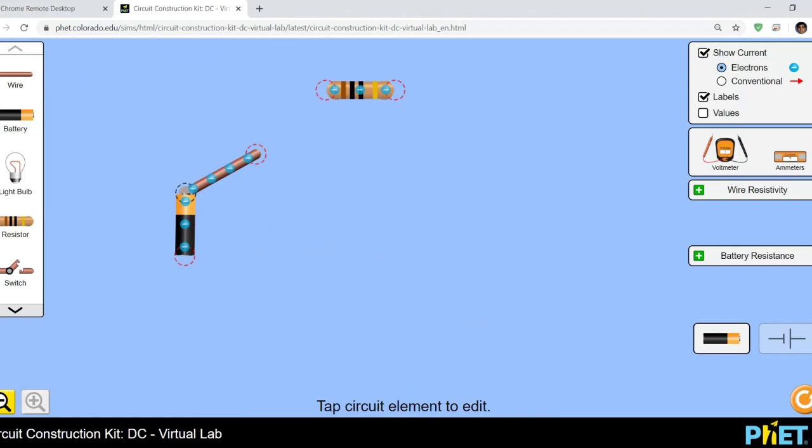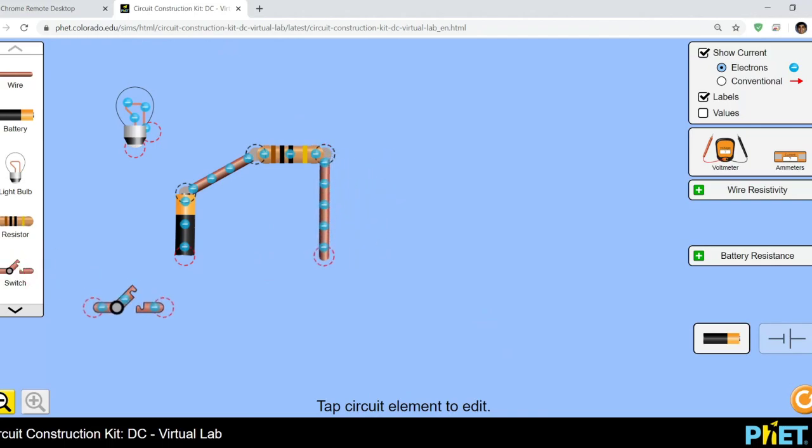Instead of using a resistor, well, let's see. I'll do the other one next, but we could also use a light bulb, and we'll talk about that in a second. But here's a resistor. We connect it. Now nothing is happening. That's because there is no circuit, in that there's no closed loop for the electrons to go from the top side of the battery to the bottom side of the battery. So we need to close our system.